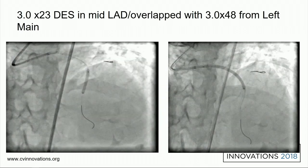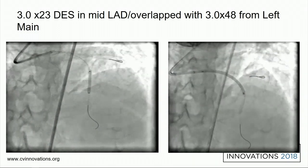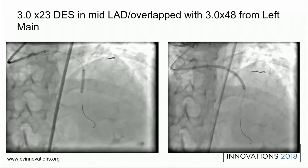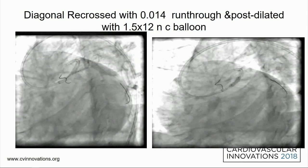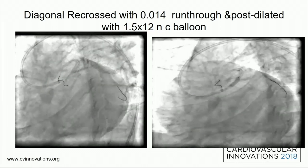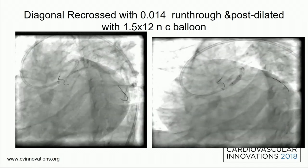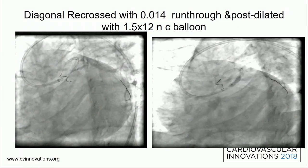Next, we started stenting from mid LAD onwards. We first put a 3x23 drug-eluting stent in the mid LAD, and then overlap stented with a 3x48 from left main to LAD, overlapping the first stent. Then we recrossed the diagonal with a Runthrough wire, and it was a little difficult to get into the diagonal. But we managed with the Runthrough wire, and we opened up the struts with a 1.5x12 balloon, and then we did POT for the